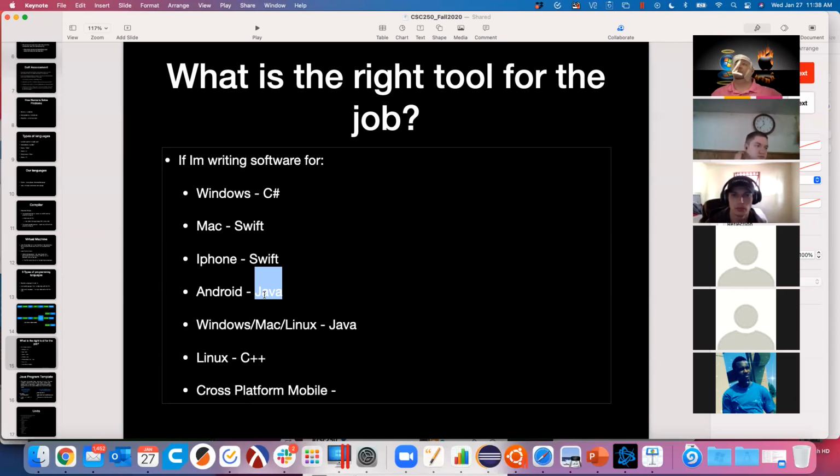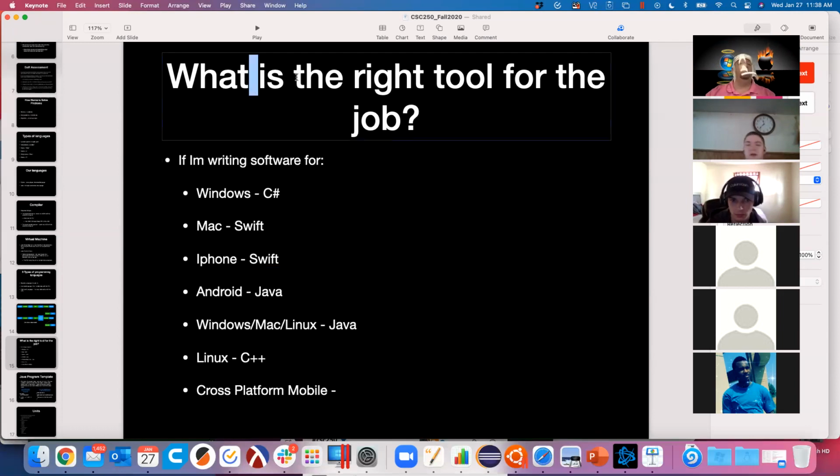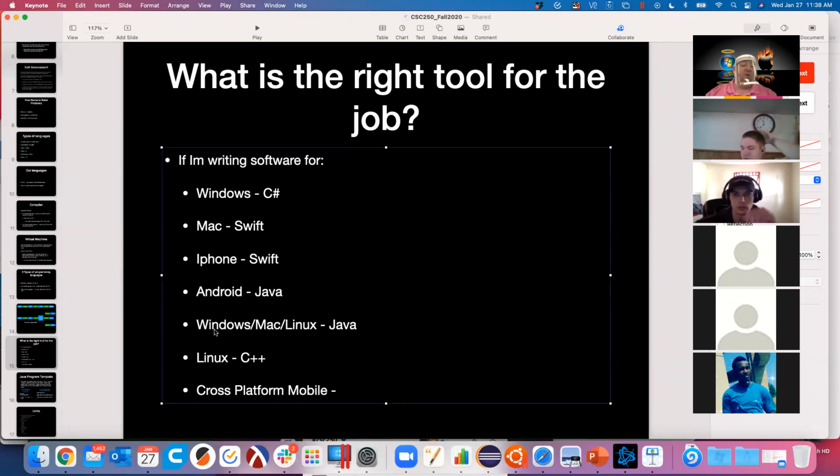Make some sense? Okay, so ultimately this isn't about which programming language is the best. This is about what problem am I trying to solve and which tool am I going to use to solve the problem in the right way. Now, even if I'm writing software that needs to run on Windows, Mac, and Linux, I still would have the follow-up question: